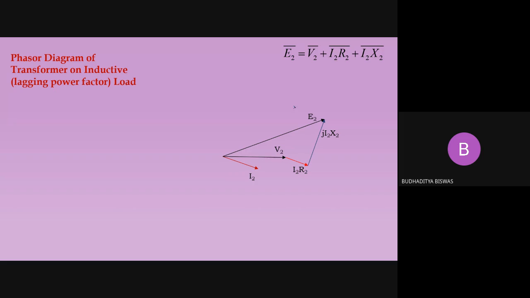Now coming to this one, when you derive the EMF equation of the transformer, we see that E1 and E2 should fall in the same line. So whatever the direction of E2, E1 should be on the same axis, and they lag the flux phi by an angle of 90 degrees.